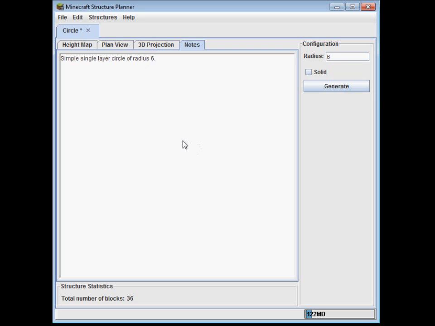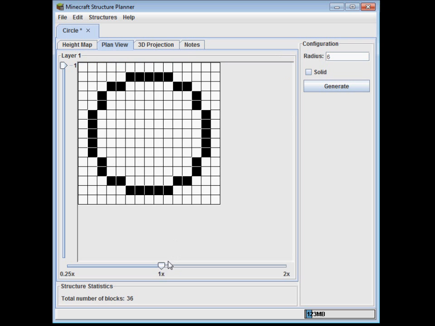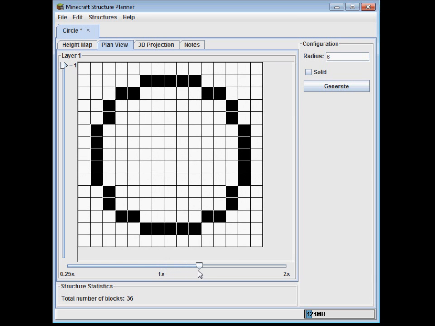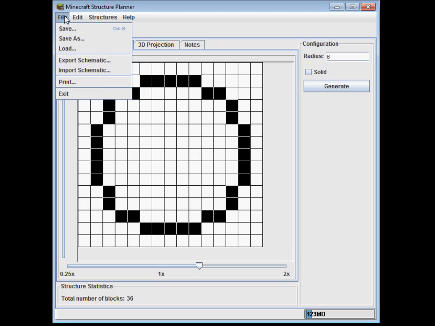You can place them in here and they will all be preserved along with your file when it's saved. So we're going to go back to the plan view, which is our standard view for any of these models. And now I'm going to show you a couple of the extra things that you can do with the Structure Planner. The simplest, of course, is to go to the File menu, and